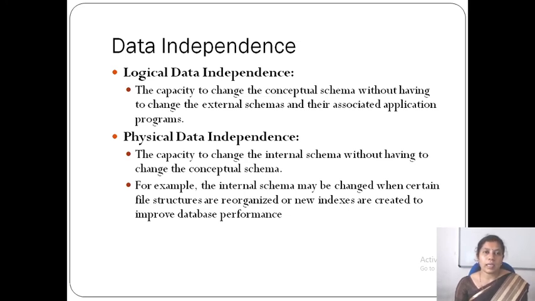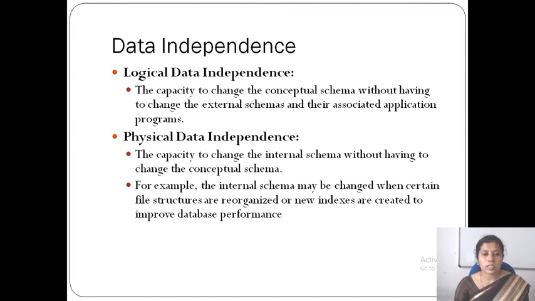Now I can modify it, I can add something to the existing table, but this will not interact with that application. It will remain as it is. Whatever design I had previously will be the same. I'm just adding at the conceptual level. I'm changing the design of my table, and I can change some relationships among the tables. All those I will change, but for the end user it is not visible.